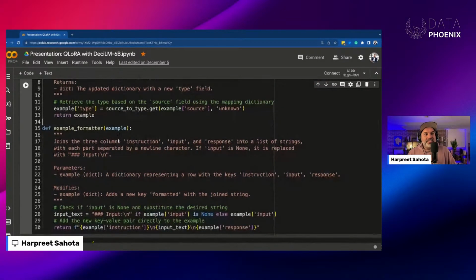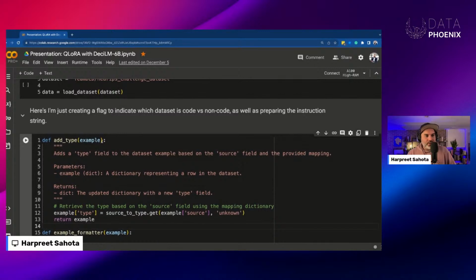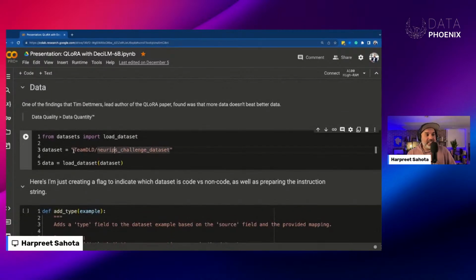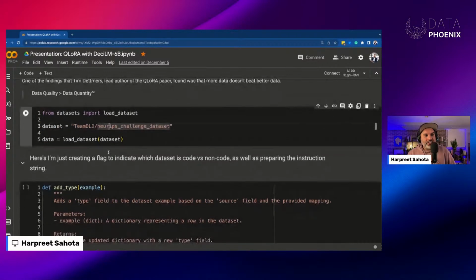So I wanted to make sure that the data set I'm training on has a mix of 80% non-code to 20% code, and that's what this flag is allowing me to do. Just a heads up, this data set is like 3.4 million rows, and it has a 3 to 2 ratio of code to non-code instructions. It will take a bit of time to download when you're running it, so please be patient.